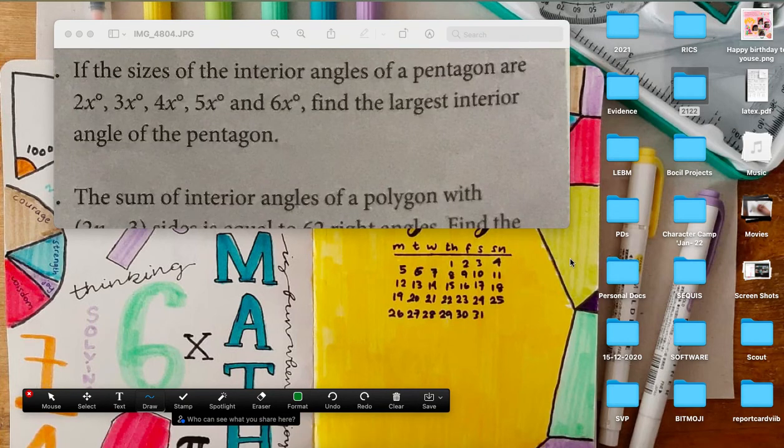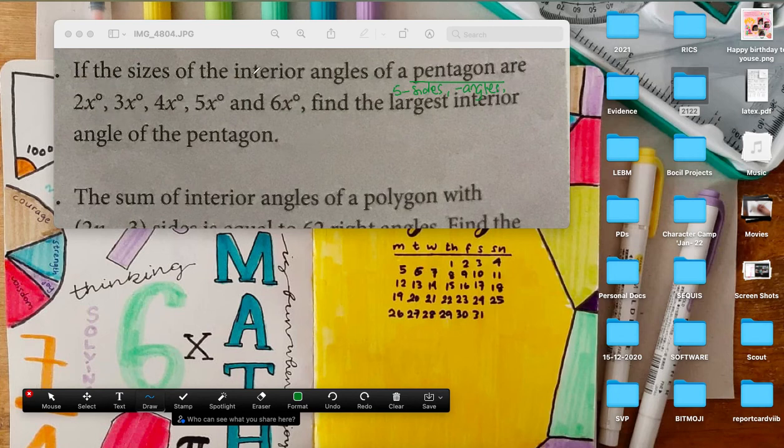So next is number 10. It says that if the sizes of the interior angles of a pentagon, so I get one clue here, it's a pentagon, so it has 5 sides, right? 5 angles, right? Both interior and exterior, I mean each interior and exterior. So then here,